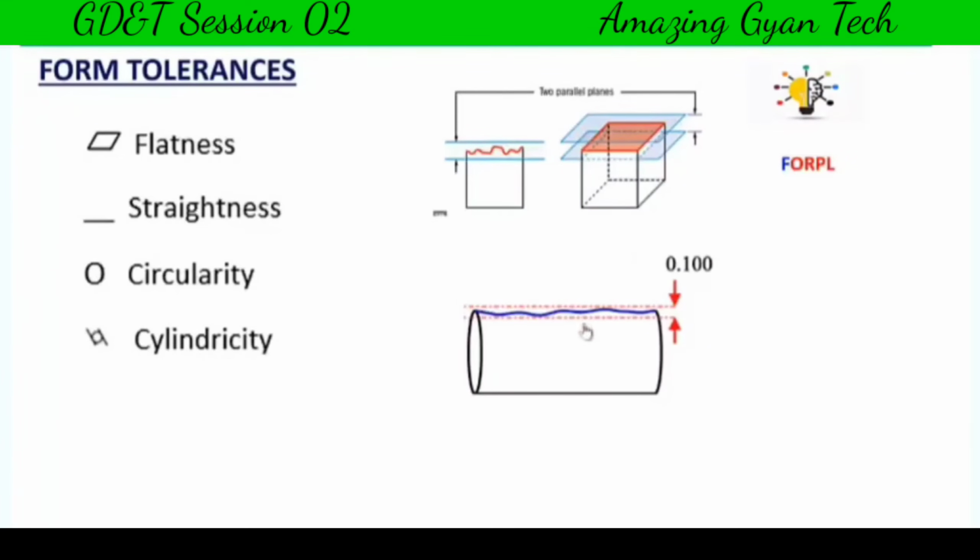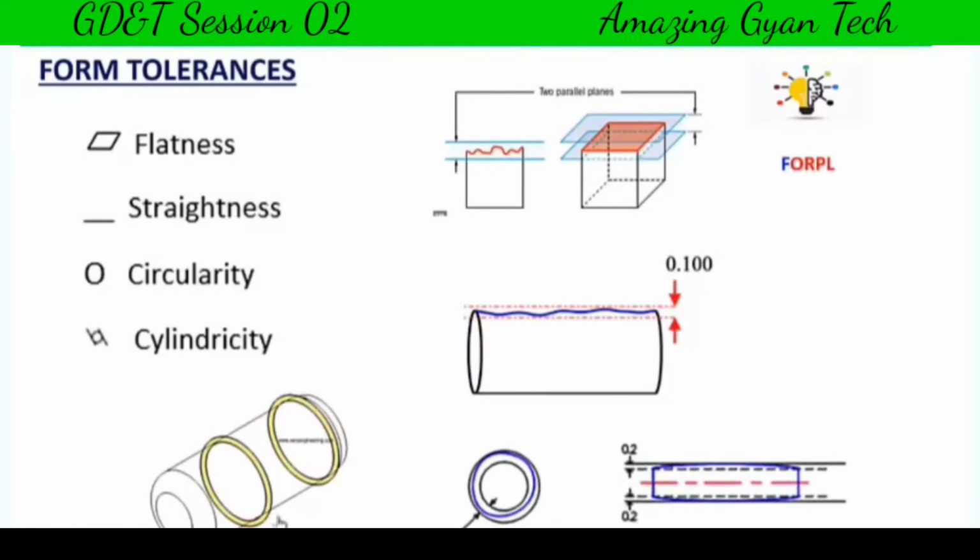So you can see in this drawing, this is a feature which they are asking to be straight, giving a value of 0.1, which means that this surface should be straight and it should be within this tolerance zone. Circularity means that the section should be circular. The feature which you are going to tell should be circular and it should be within a given tolerance